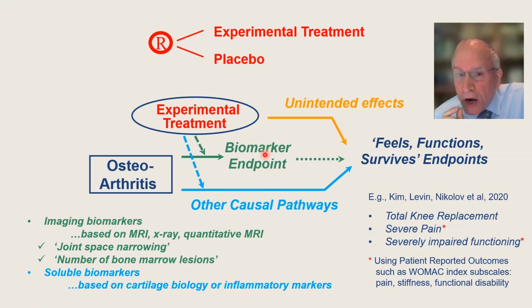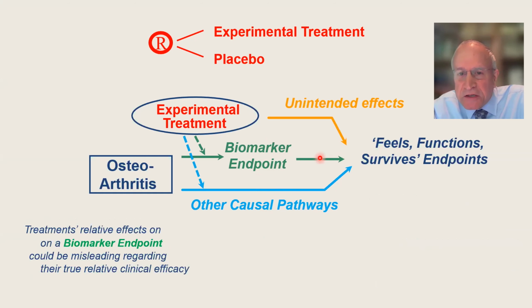A given biomarker can be on an individual level correlated with feels, functions, survives, and yet this arrow doesn't exist. It's not a causal pathway where this relationship could exist because the biomarker is correlated with other biomarkers that are on the causal pathway. In this setting, an effect on the biomarker is not going to reliably predict the effect on feels, functions, survives, even though it's an individual correlate. Even if this pathway exists, the relative effects of an intervention on a biomarker may not predict its effect on